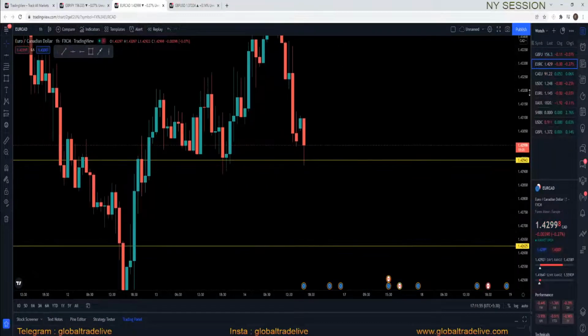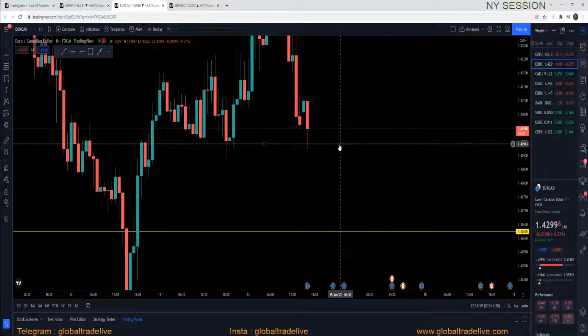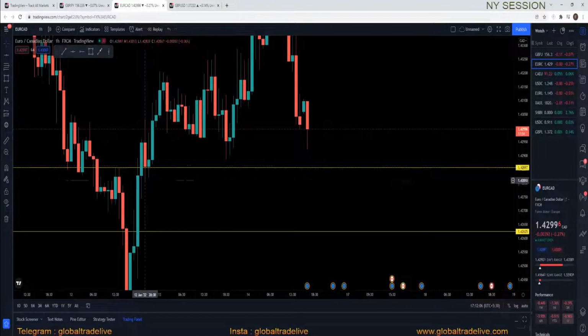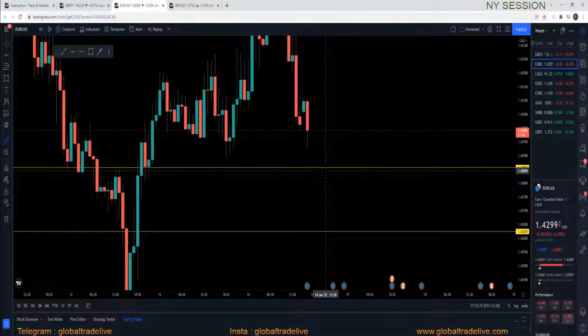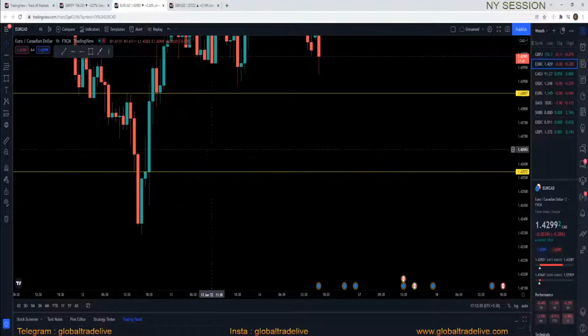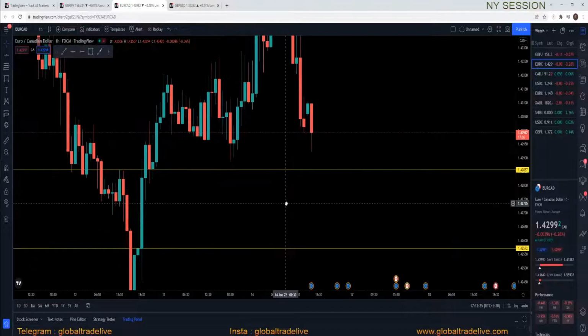So I'm going to look at the 1-hour now. We have a clean range below this area, so this will be the area I'm going to look for. I need a candle to close below 1.42857 to execute sells, and I think it can easily come down to this level. Yes, this will be the level it will be coming towards.